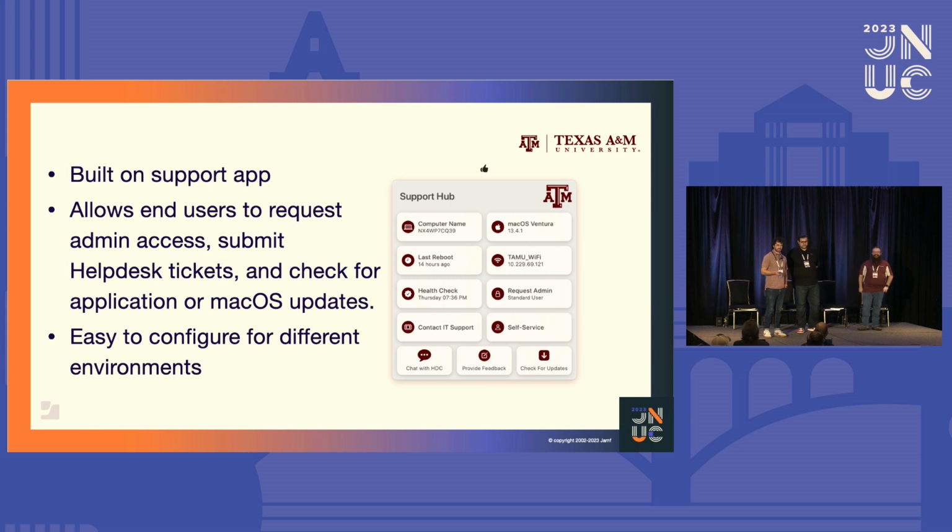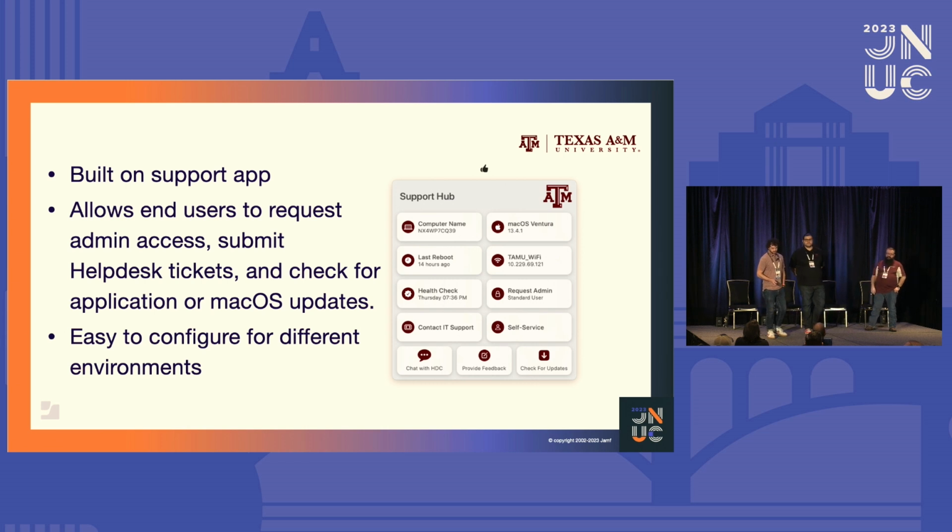All right, so if you were at the talk yesterday, this might be a little bit of a recap of what Stephen talked about. But one of the new features we've implemented into the unified instance is what we call the support hub. So the Texas A&M Support Hub is a user-friendly platform built using the Support App. It serves as a centralized hub for end users, providing them with a range of convenient features to enhance their support experience. So the Support App is developed by a group called Root3 and can be found on GitHub